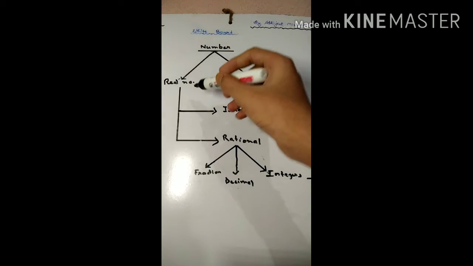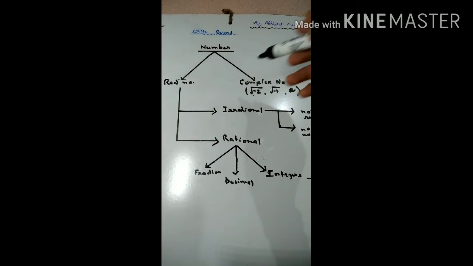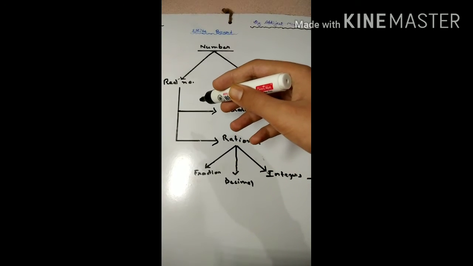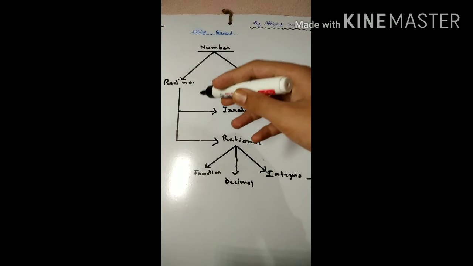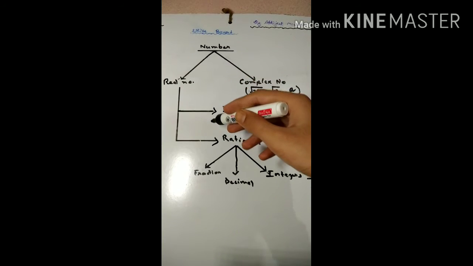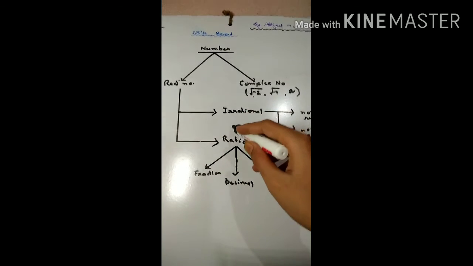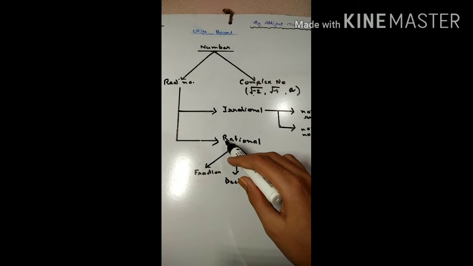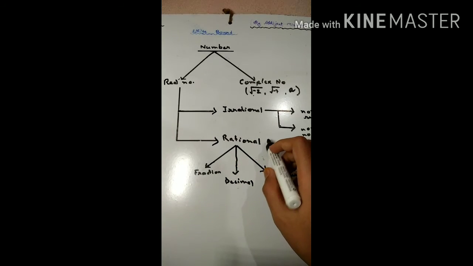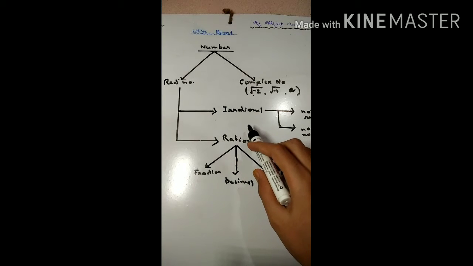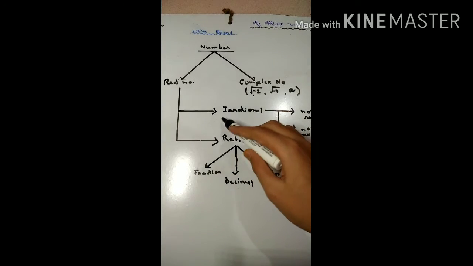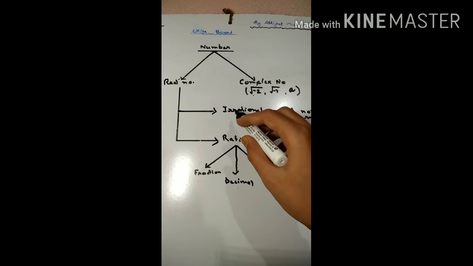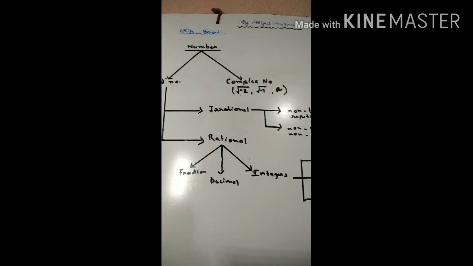Now let's come to our very common topic, real number. So now let's deal with real number and its classification. Though the topic real number seems to be very easy, its classification is very complicated. Real number is classified into two parts, that is rational number and irrational number. We were introduced to rational numbers in our previous classes, but irrational number will be new. The topic irrational number is also very complicated, but very interesting too. So now, first of all, see the classification of irrational number.